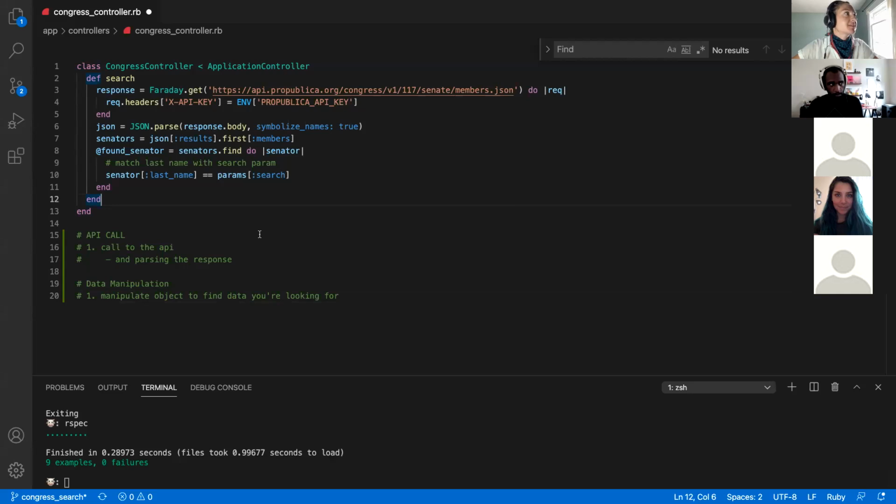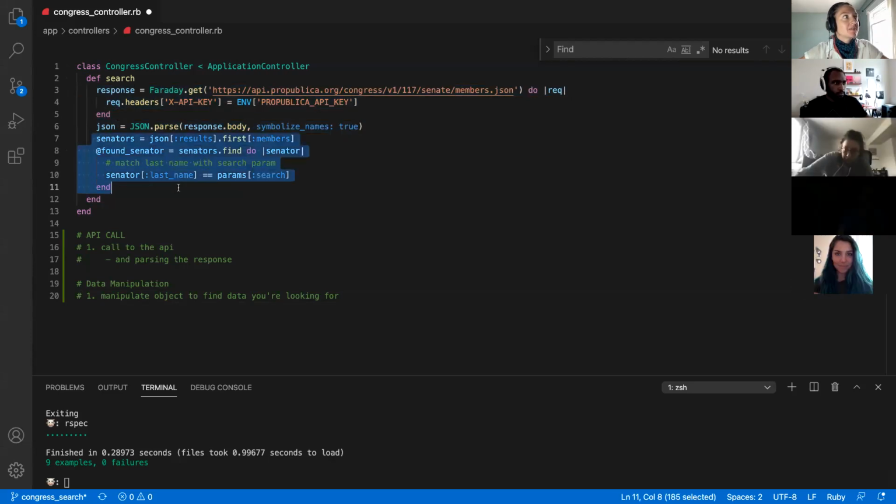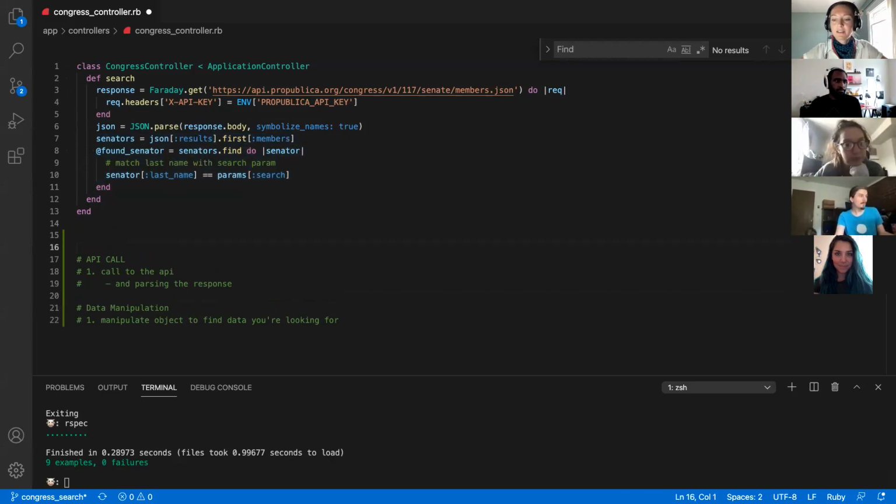All right, so coming back to this search action, we've identified these logical portions, where we're saying this could probably be its own chunk. We can abstract this and encapsulate it into something. So we said, okay, this is dealing with our call to the API and the data from our API, and this is mainly dealing with the manipulation of that data. I'm going to write this all down. So the first thing that I want to do here,